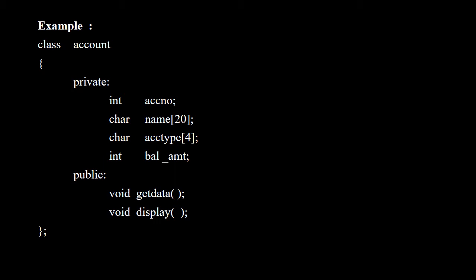These variables are called data members of the class. Then the access specifier public, in that getdata and display are the two elements. Here getdata and display are the member functions of the class. Then closing curly bracket and semicolon.